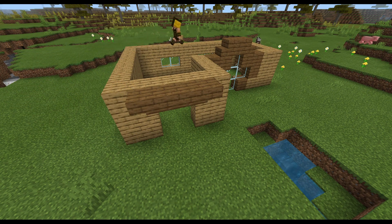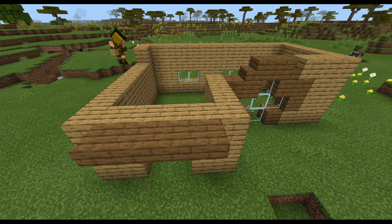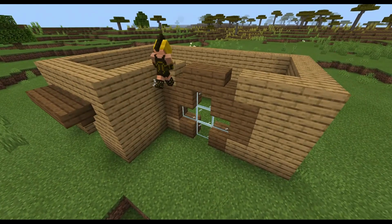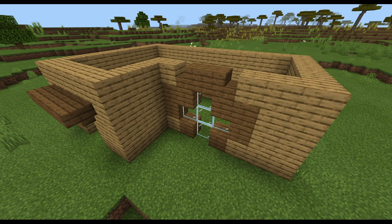And I might just add in another layer. And I know it intercepts with that, but I kind of like the stair there. It gives it that good little look. You know what I mean? Kind of okay with that. And then after that,